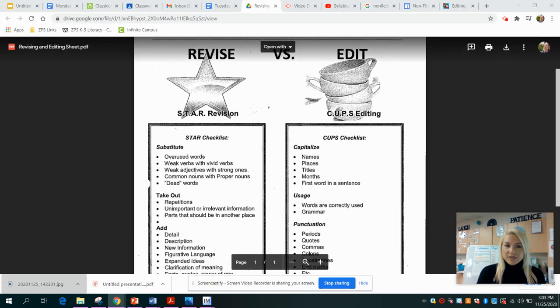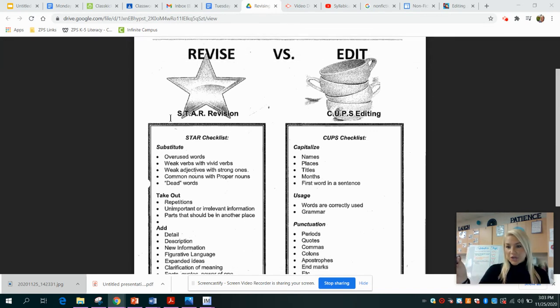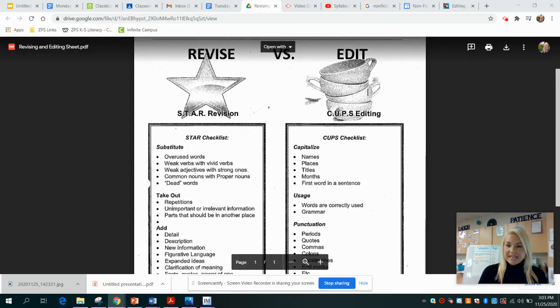So for revising, remember we talked about we do revising first because that's where we add new words, we substitute words for words that we might have used repetitively, we rearrange sentences or parts of our piece. Sometimes we just take out stuff that really doesn't need to be there. The difference between revising and editing, remember, is editing is making those changes to your capitals and your different word usage that you have in your story, and punctuation such as periods, commas, quotation marks, and last but not least,